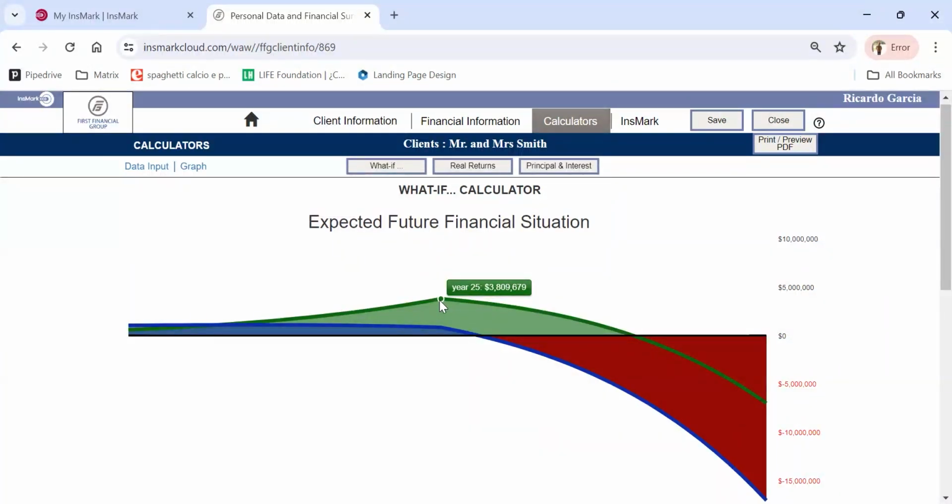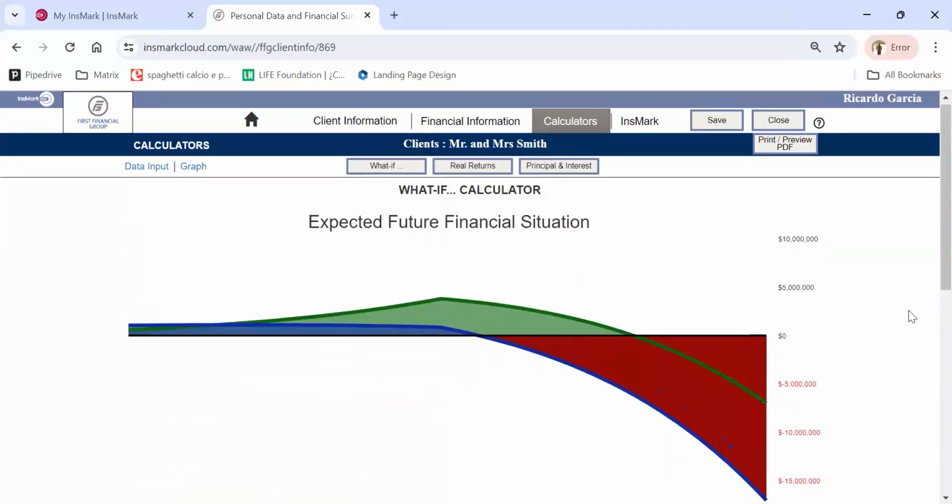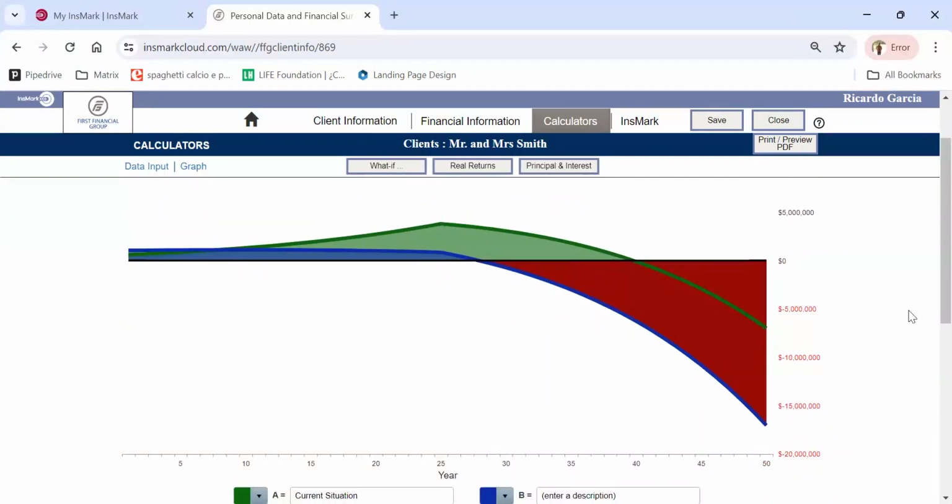Gotcha. Does that make sense, guys? Yeah, I see what you're trying to do. You're obviously trying to bridge that gap with additional life insurance, and you've got to be able to prove they can afford to pay the $2,000 premium or whatever. In this scenario, they obviously have the extra cash to do it.